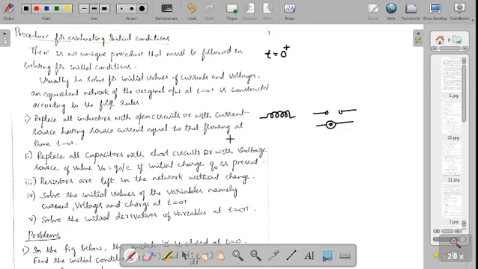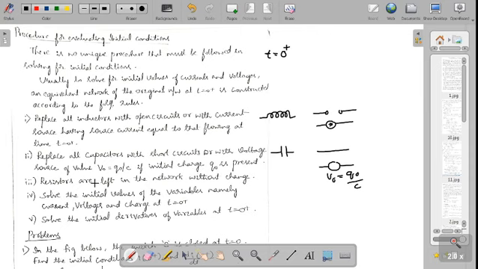Similarly, if you are having a capacitor in the circuit and you are evaluating at time t equal to 0 plus, then this capacitor has to be replaced by a short circuit. And if this capacitor has some history and is carrying some voltage, then this has to be replaced by a voltage source V naught, which is given by Q naught by C, where Q naught is the initial charge which is present.